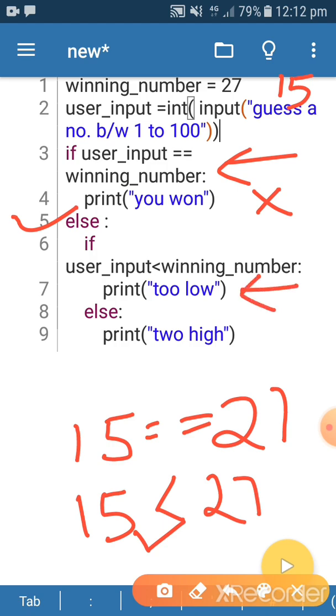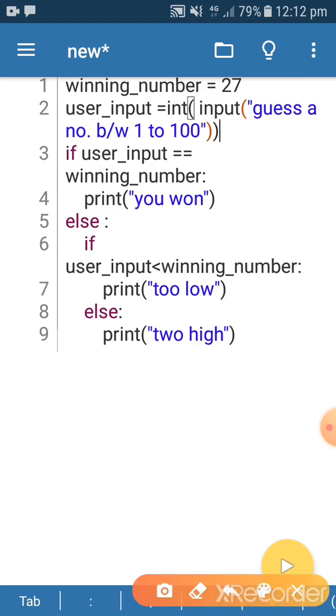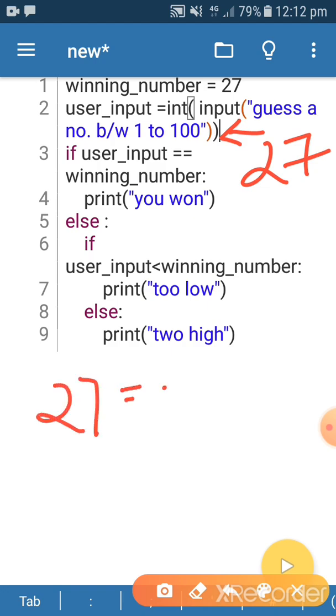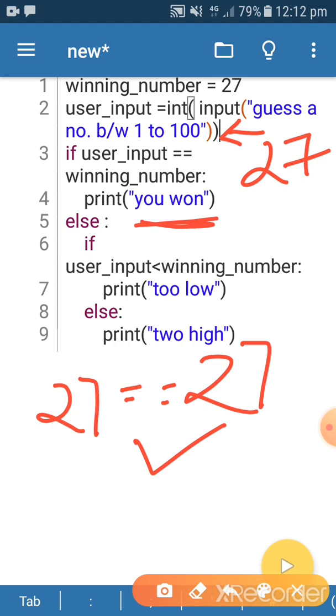In the third case, if I give 27 as the user input, then 27 is equal to the winning number, which is also 27. Only here the condition will be true, so the you won message will print. I have given three different user inputs while explaining.